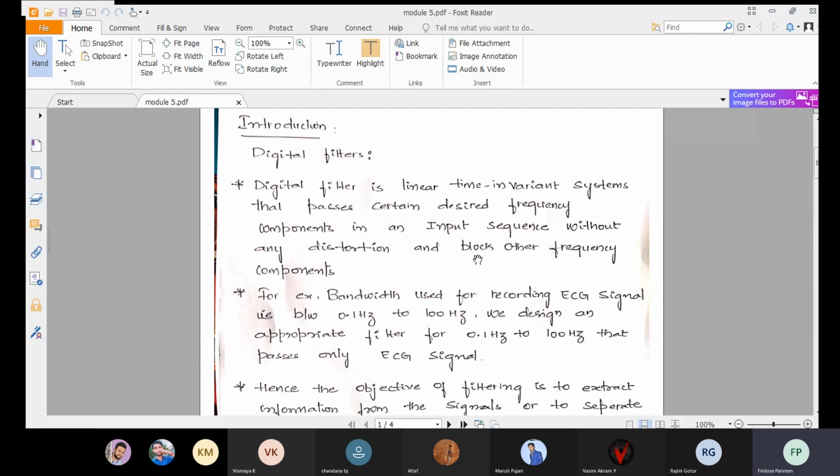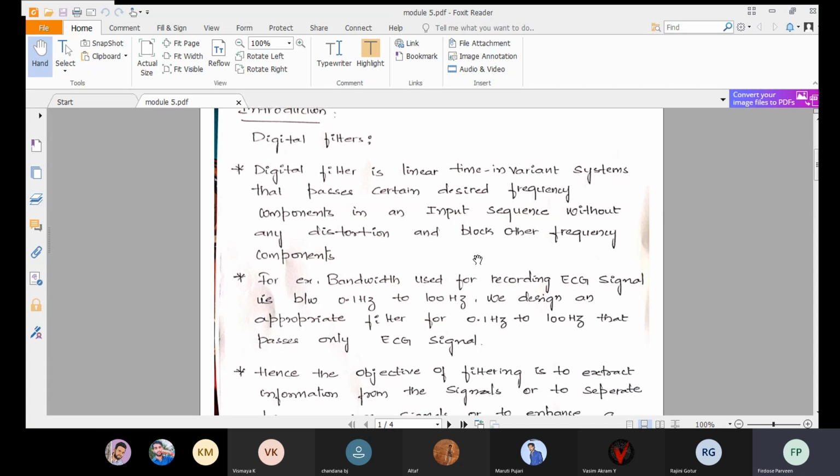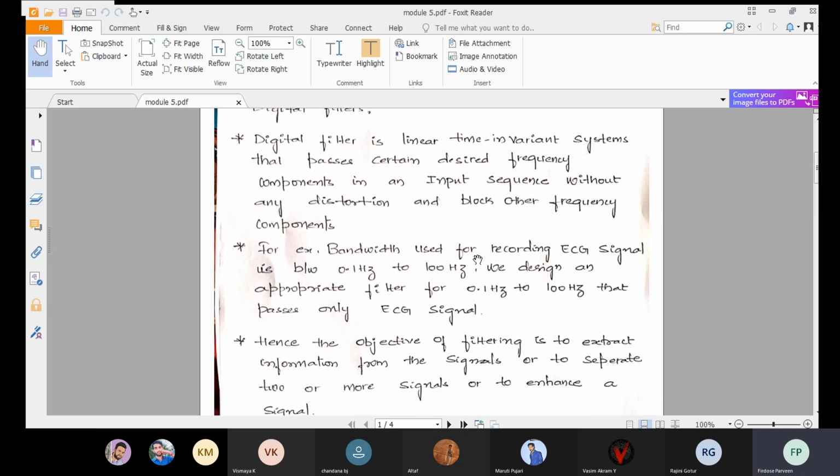So in FIR filter, the impulse response will be finite and the output depends on present and or it may be past values also. And if you consider examples, data transmission, speech processing, correlation processing, interpolation, all those come under examples. So characteristics means like impulse response, it will be of finite length, and a non-recursive FIR filter will be stable.